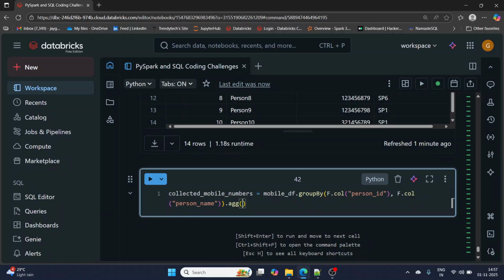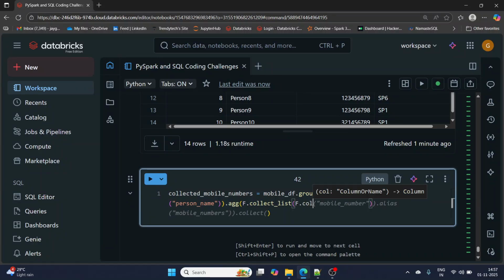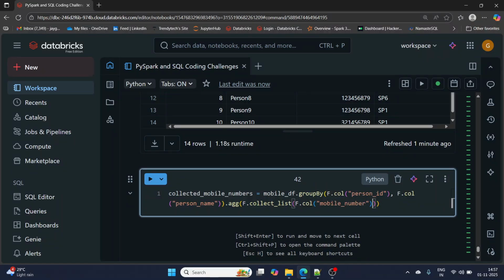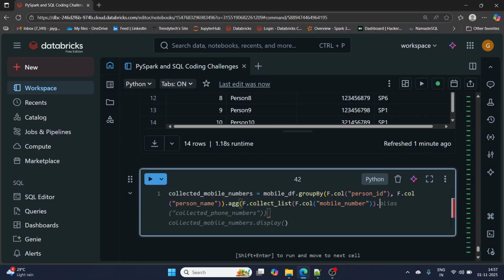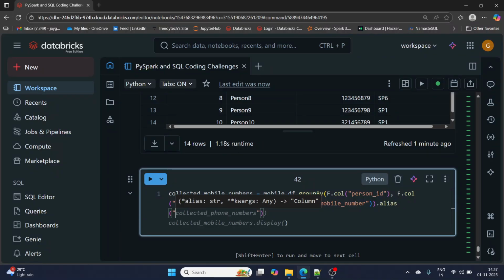It's simple. So what I'll do is aggregate with f dot collect list. Which column do I have to collect? Mobile number. I'm going to collect mobile numbers, and I'll assign a name to this new column using alias.